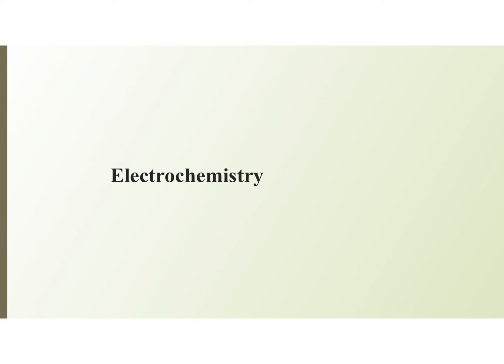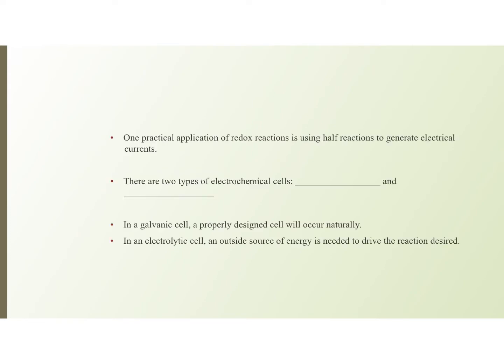Now, in the next part of the lecture, we are going to be talking about applications of redox in electrochemistry. So, one practical application of what redox reactions can do is that we can use what you call half reactions to generate electrical current. Now, you have heard of the term electricity, and what electricity refers to is the flow